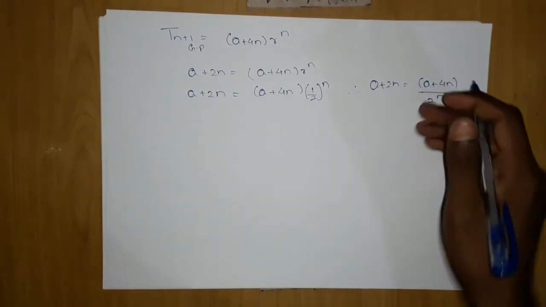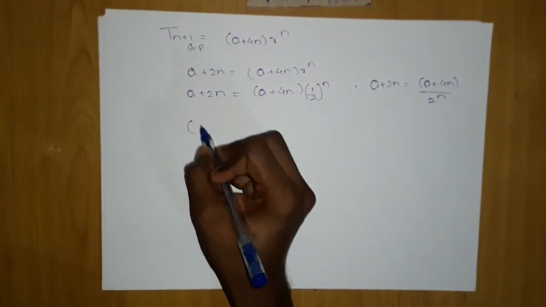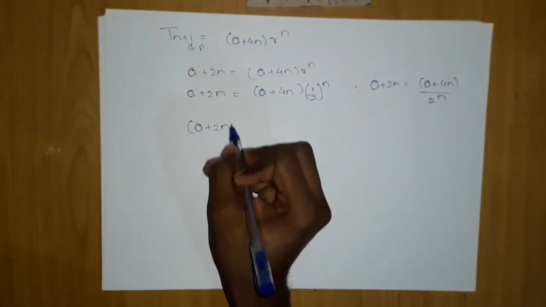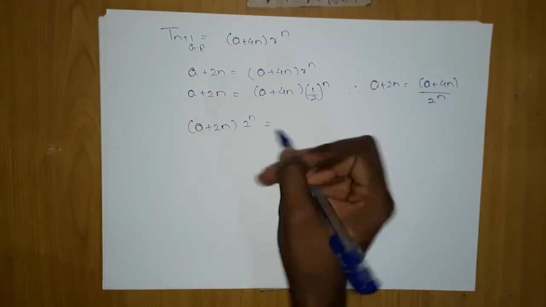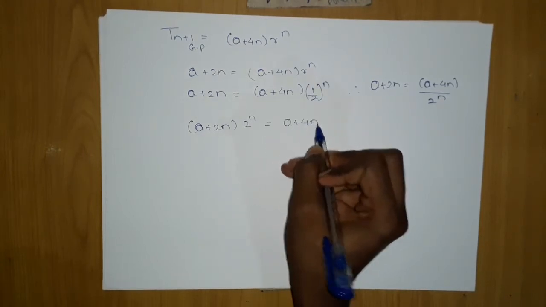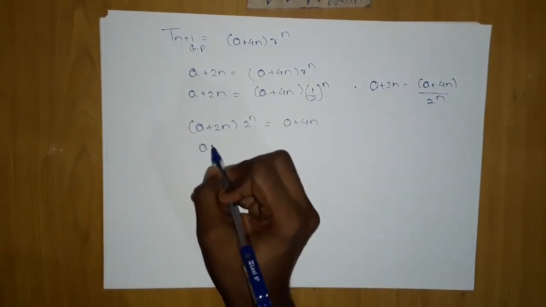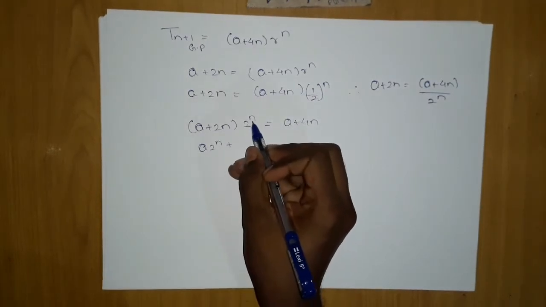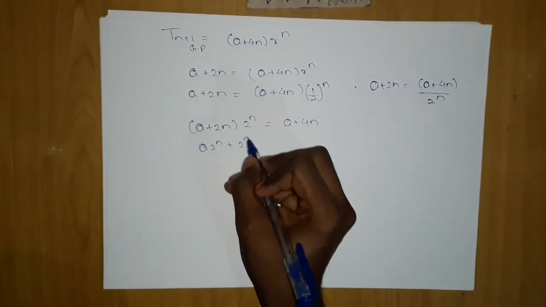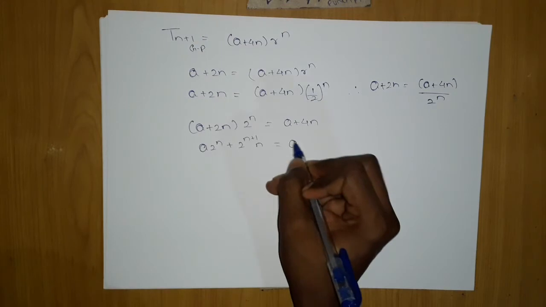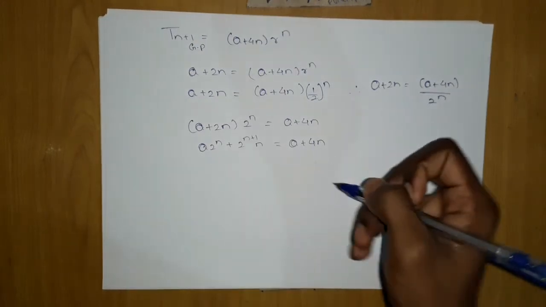Now we will multiply this on that side, which will give me a plus 2n should be equal to 2 to the power n, which will be equal to a plus 4n. If I multiply it, I get a 2 to the power n plus 2 to the power n, this is 2, so it will be 2n plus 1 into n should be equal to a plus 4n. Further on, I will